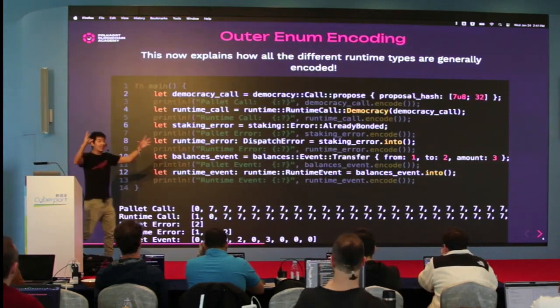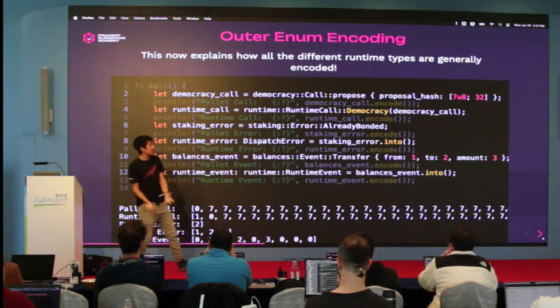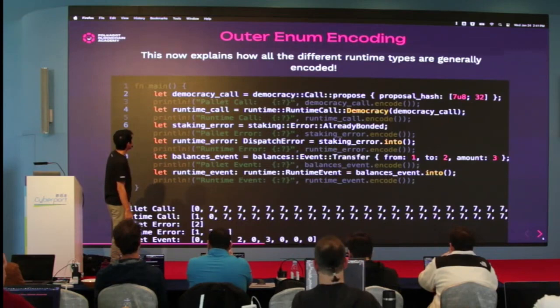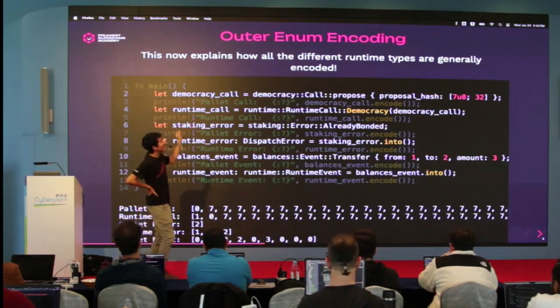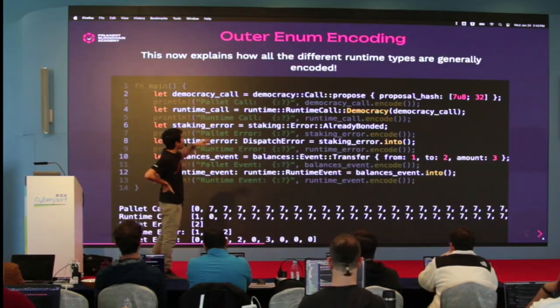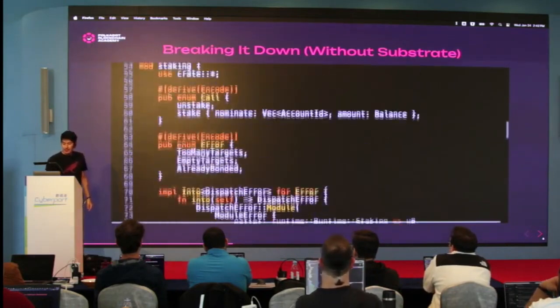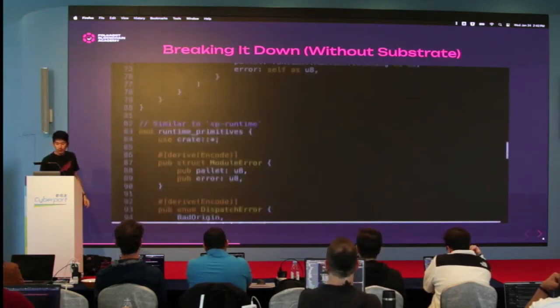So that explains at a high level how we're taking all these individual enums from different palettes and in the runtime aggregating them together. So let's take a look at what these things look like, right? And how they're encoded. So what am I looking at here? So in this first line, I'm looking at the democracy call. So this is how a call in the palette is encoded, right? So let's go back to this code here. Inside of democracy, there is a call proposed, the first index, and then it includes some hash, right? So if we go over here,